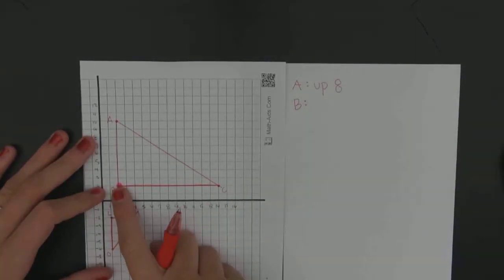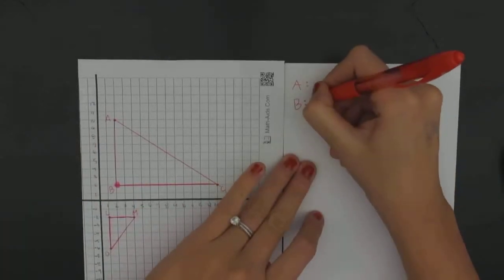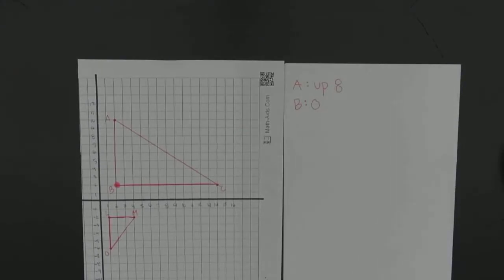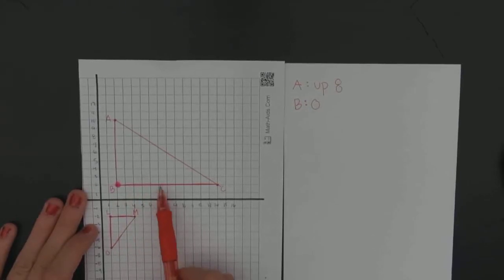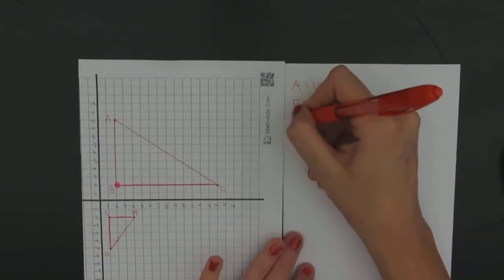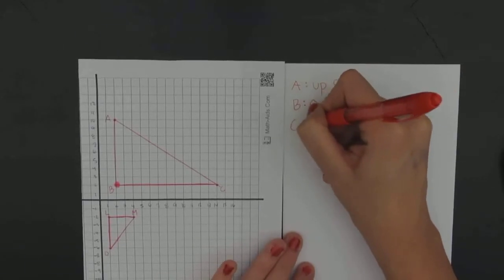To get from B to B, I did nothing. So I'm just going to do 0. I moved it 0. I didn't move it at all. To get to point C, I went over 1, 2, 3, 4, 5, 6, 7, 8, 9, 10, 11, 12. So to get to point C, I went right